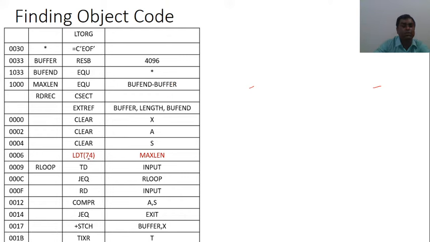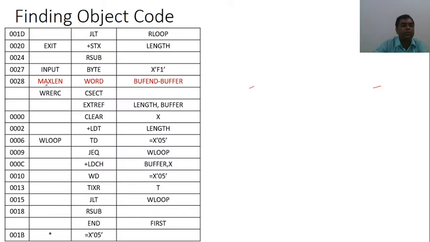And now let's consider this instruction, LDT MAXLEN. I want to find out the object code corresponding to LDT MAXLEN. This is a format 3 instruction. What is the target address? The address of MAXLEN. You can see this MAXLEN is defined in the current control section also, and it is also in EXTREF.